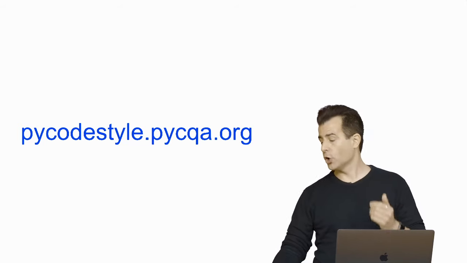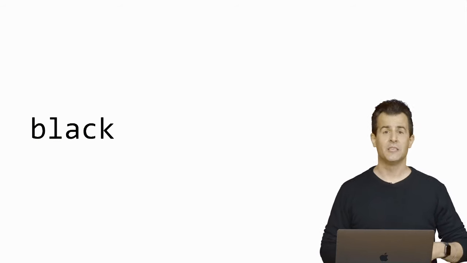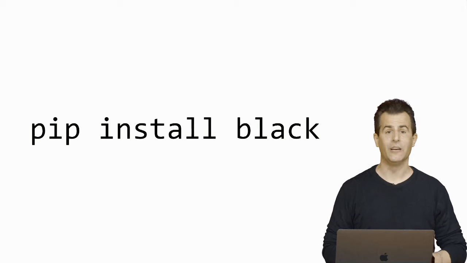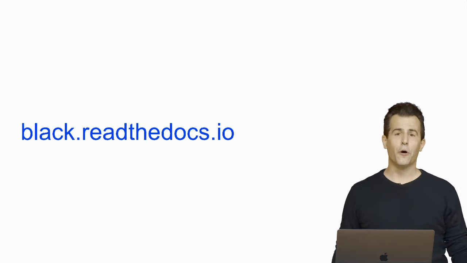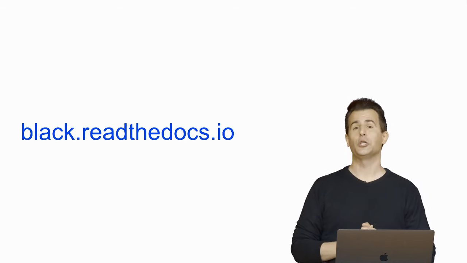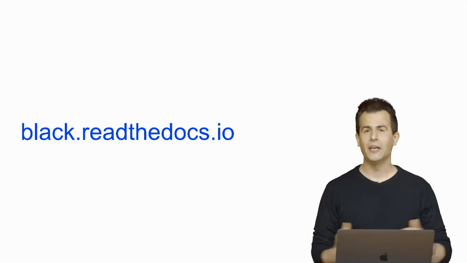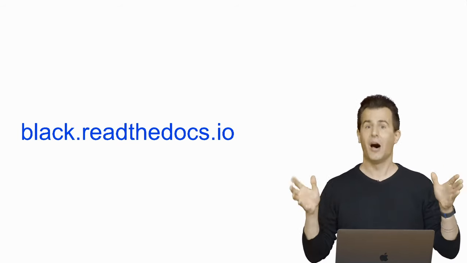But another one, an alternative nowadays that's actually gaining steam and is perhaps even more popular, is quite simply called Black. And Black is a program that you too can install with pip here, and it's documented at this URL. And the etymology of the name Black is actually an allusion to Henry Ford, who invented cars way back when and only sold quite a few black models of the same.